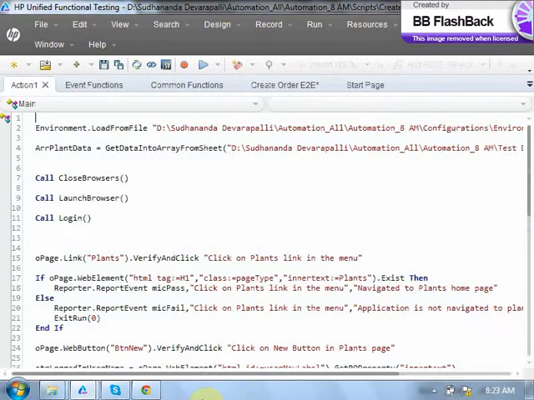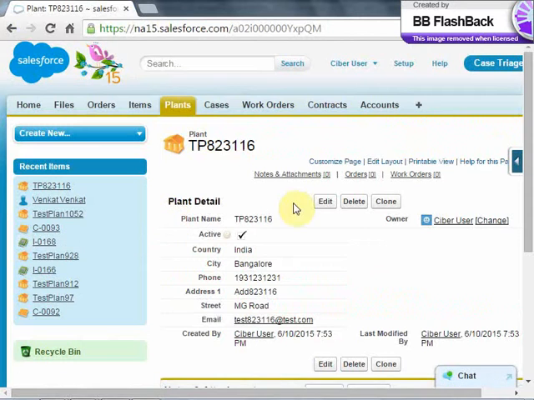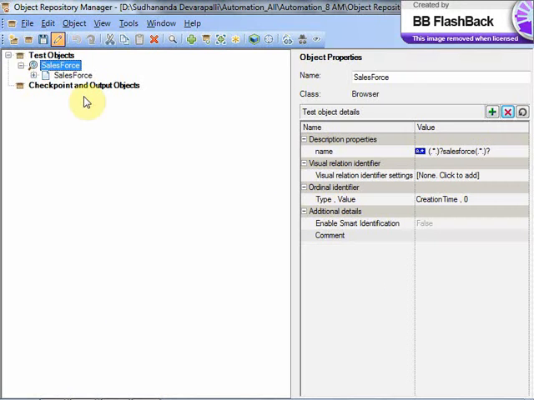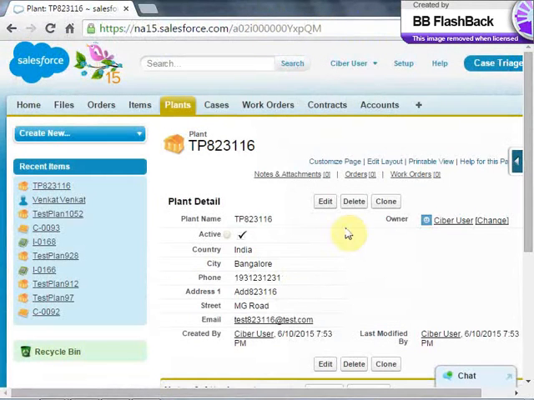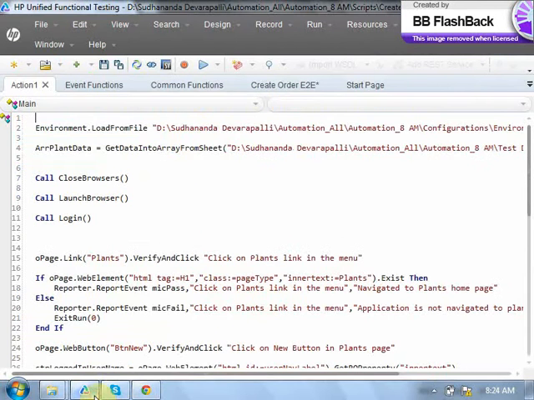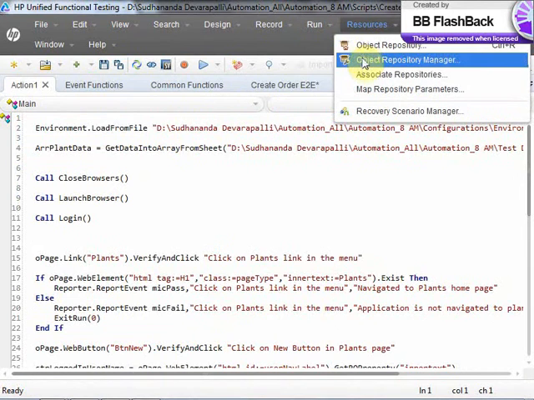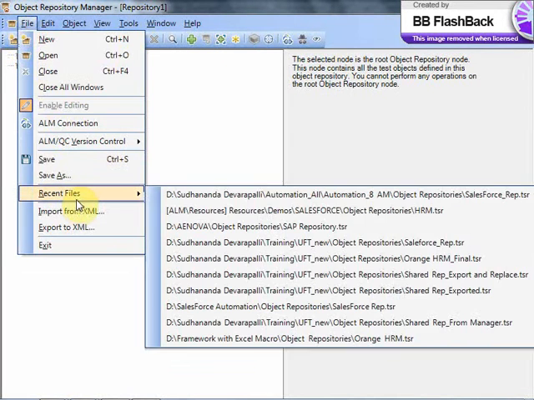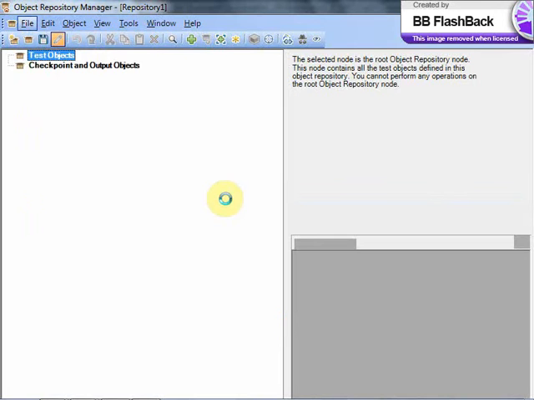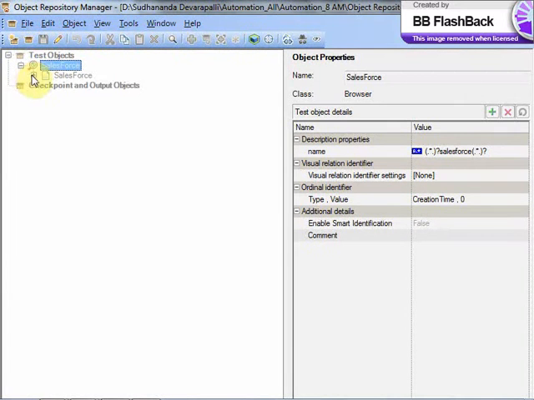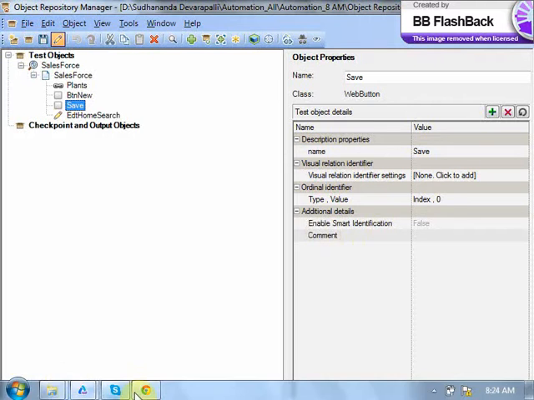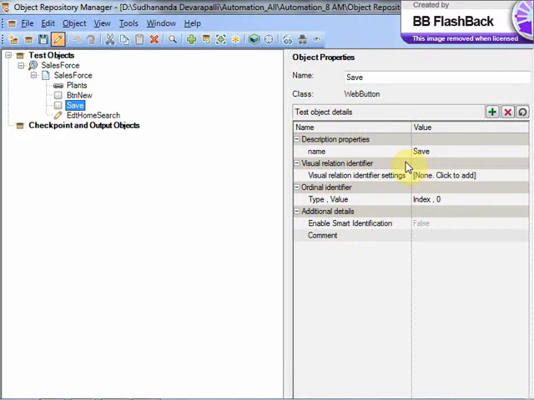Okay, so it's executed, right? It will just execute whatever it is. Then I'm just opening the repository, whatever we are using. Okay, so now if you see, what are the properties that we are using for